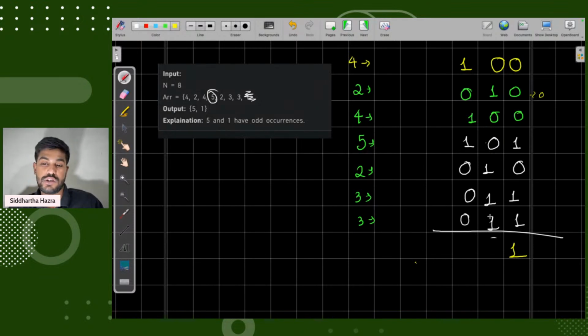1 XOR 1 is equal to 1. 1 XOR 1 is equal to 0. Last one, 1 XOR 1 is equal to 0. So we would have this. Now, 1 XOR 0, different, 1. Okay. Then